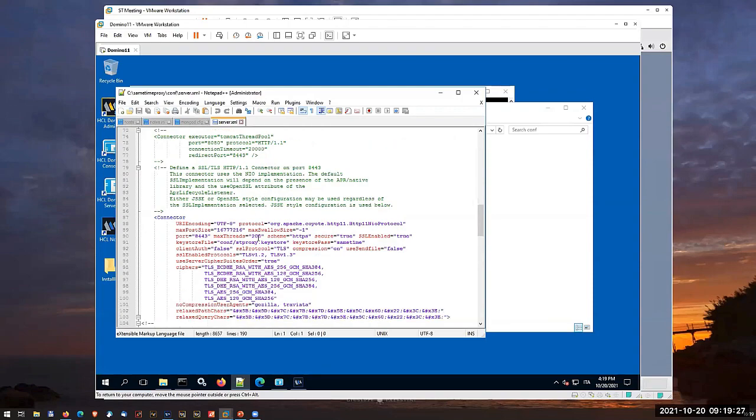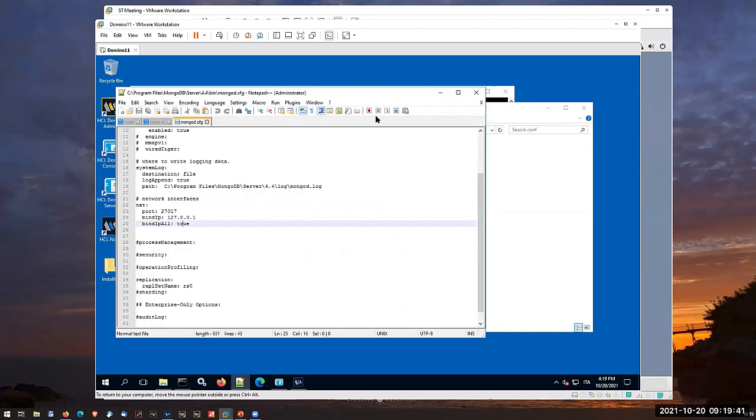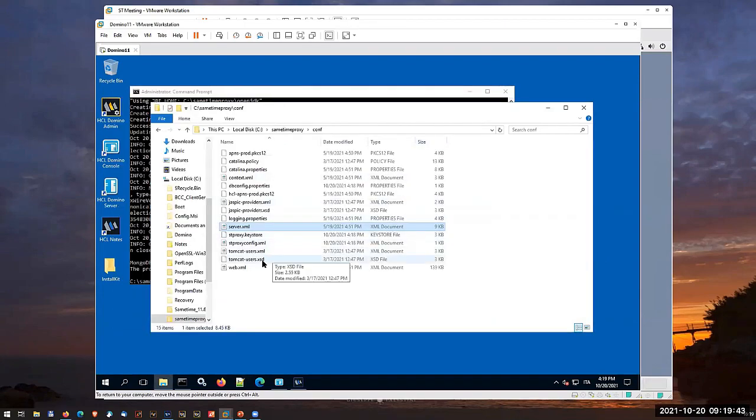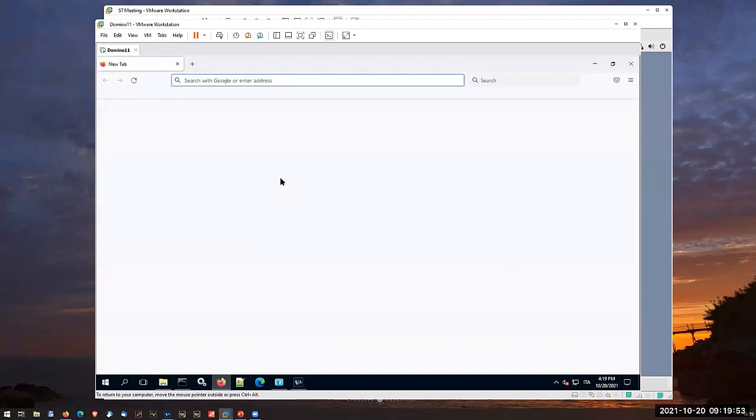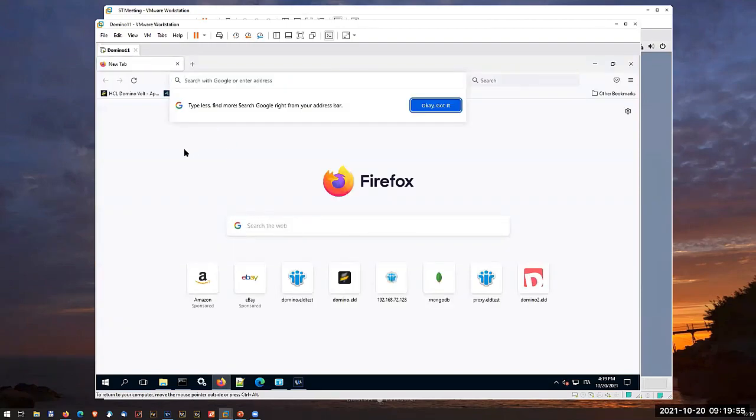Connector, and this is where you have to change eventually if you want to use a proper certificate, because as you see now it's using its own certificate that it has created. So that's the file you have to change. By default, it uses the port 8443. So if everything is correct, we should just